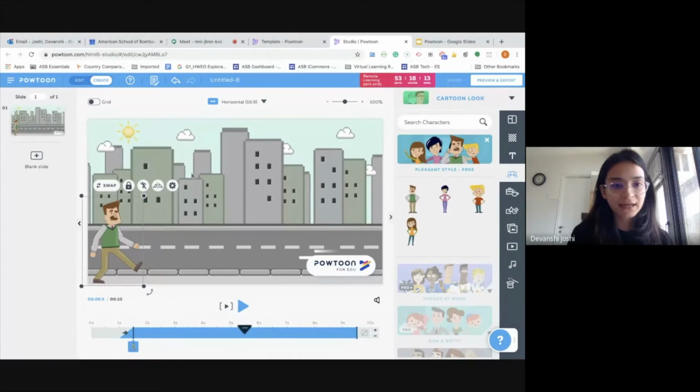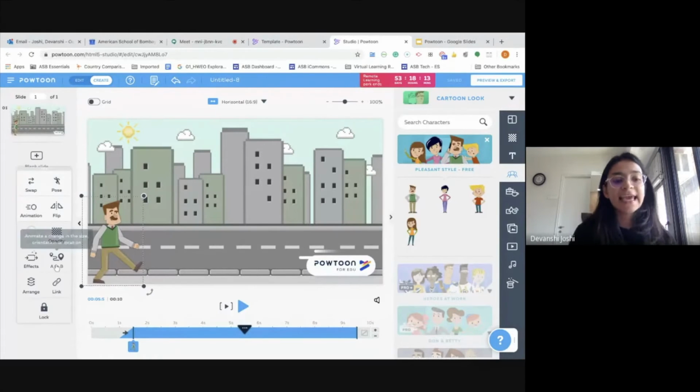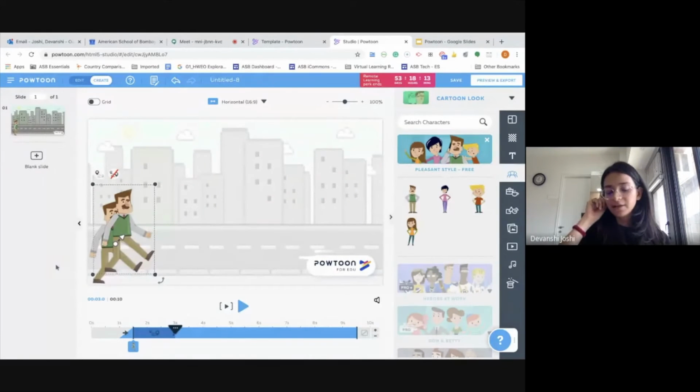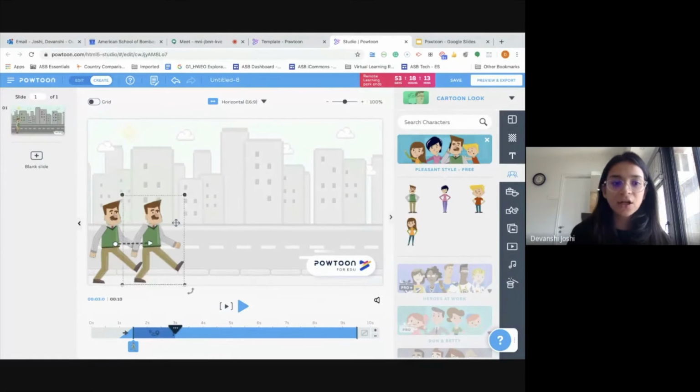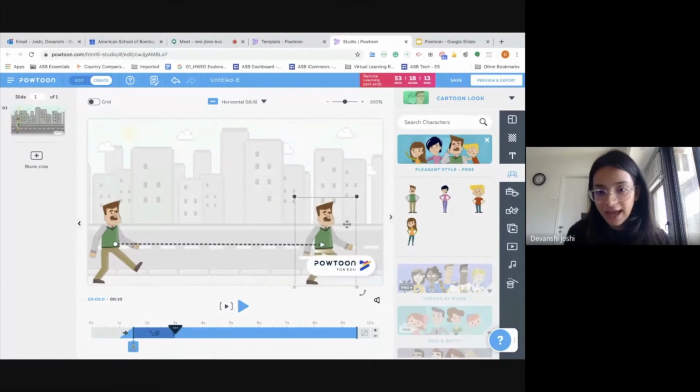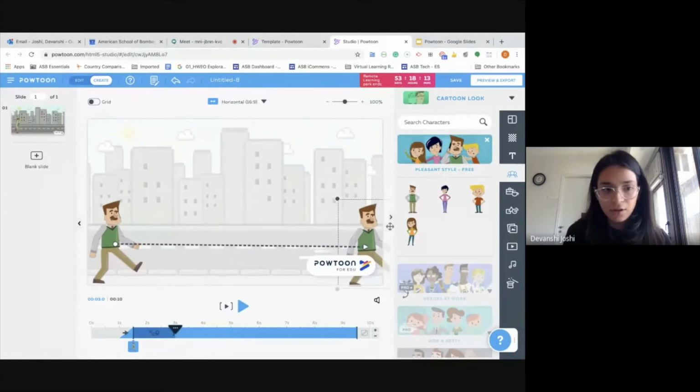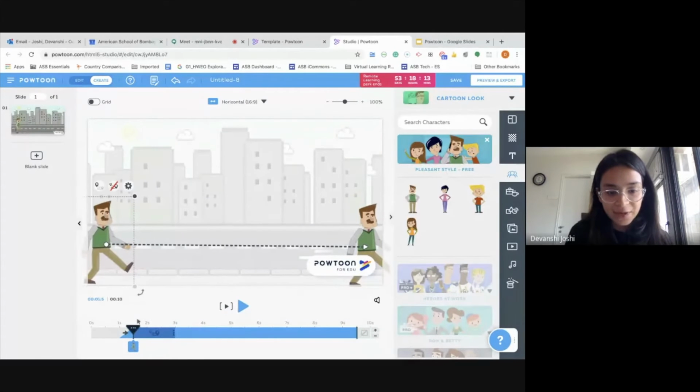When I tap on the character and settings, this A to B is an awesome animation. This is also an animation option, but what it does is move the location of the character. So when you want to move the location of the character, you can use this. I'm just going to drag and drop. And when I do that, I'll be able to see in my timeline that my A to B option has now been activated, but it's for 3 seconds. So I can increase or reduce this.